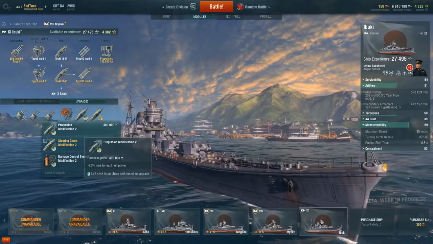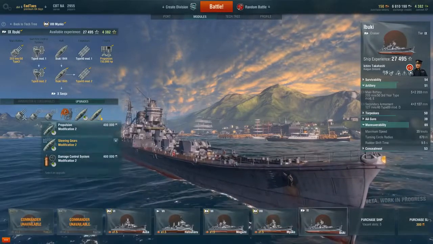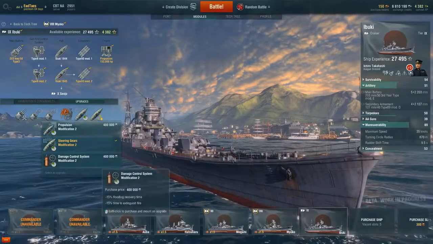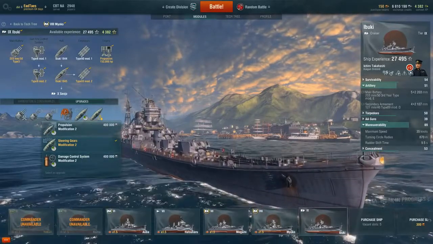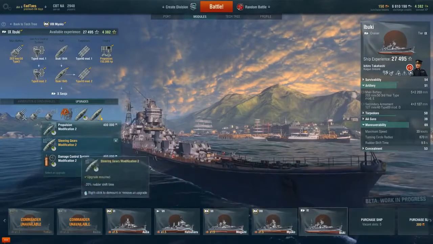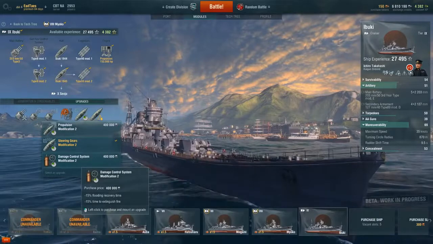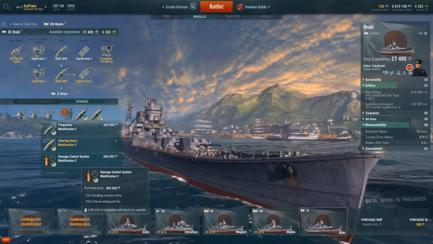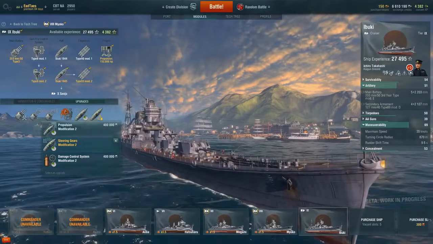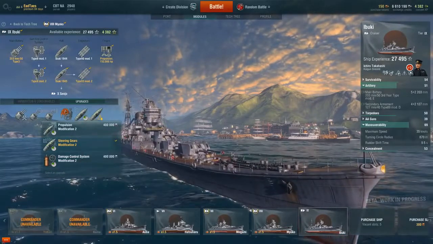The fifth slot also has 3 modifications: the Propulsion Modification 2, the Steering Gears Modification 2, and the Damage Control System Modification 2. The Propulsion Modification 2 increases acceleration, the Steering Gears Modification makes you turn a little bit faster, and the Damage Control System Modification 2 decreases the recovery time for flooding and fire. Now typically, I would only recommend the first 2, as the Damage Control System Modification 2 can be mitigated